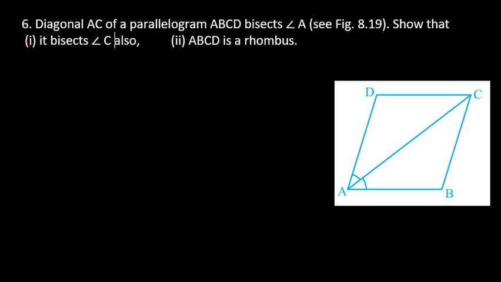Okay, so it is given that for parallelogram ABCD, diagonal AC is bisecting angle A. We have to prove that it will bisect angle C also. Okay, so here given two things we have to prove, and second we have to prove that this ABCD is a rhombus. So given